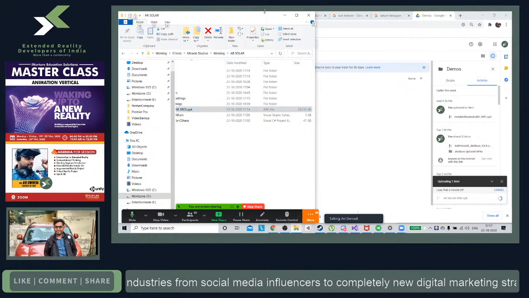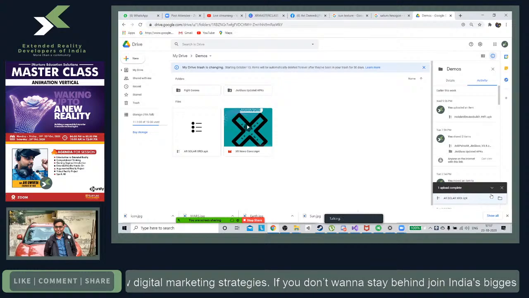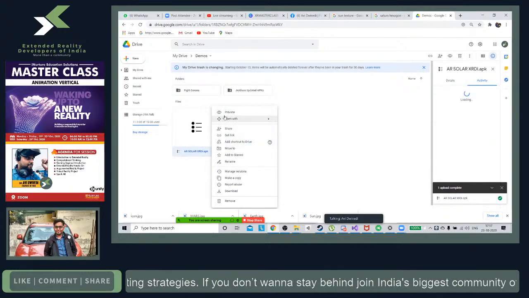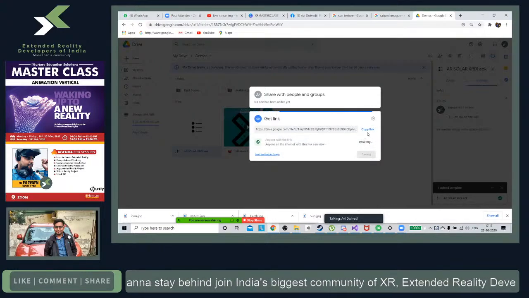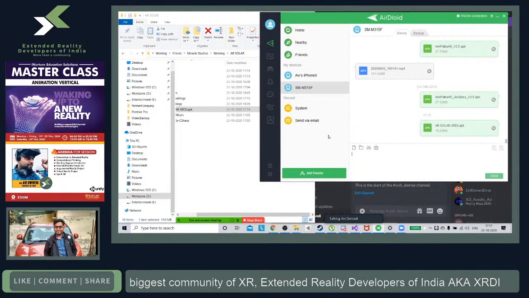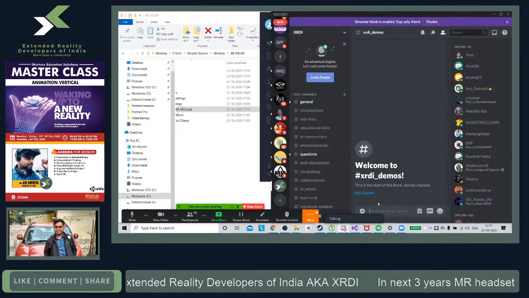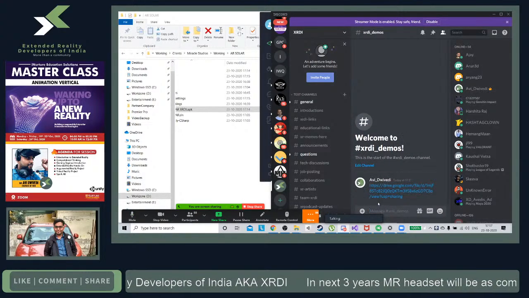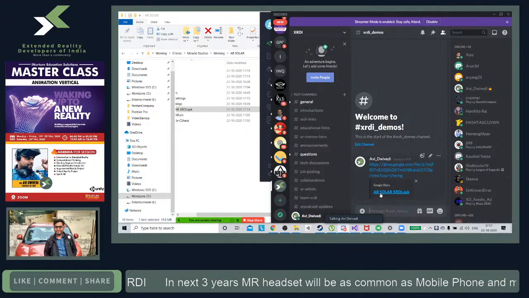Meanwhile, let me share a screen of my phone. Hopefully, I think in this AirDroid, they most probably have an option. Let me share this APK with you guys as well. Get link, make it accessible for anyone, and copy this. Okay, so this link is going to be shared in Discord, and I'll share this link on WhatsApp. Yeah, so okay, this is the link for you guys, and I'm first going to find how to share screen